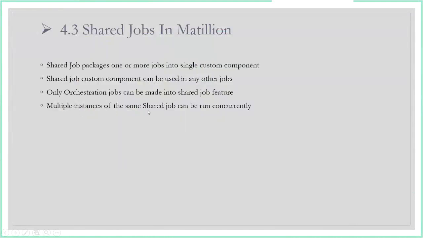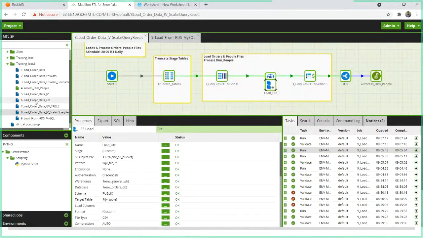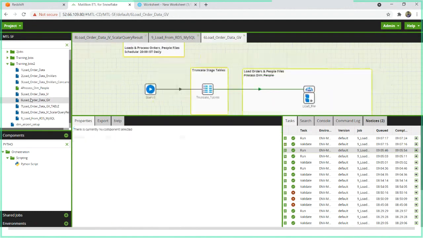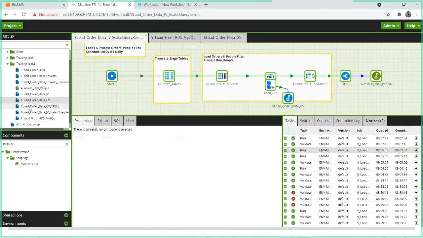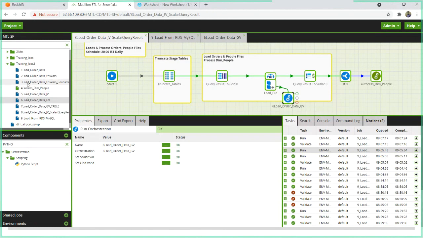Now, why do we need the shared job? Let's say this is my common job, and I need to use it in multiple jobs. What I can do is simply drag and drop this job into whichever jobs I need, correct? This same job can be used. It is just a matter of dragging this common job to my different parent jobs. But here what happens is, in Matillion, remember, only one instance of a